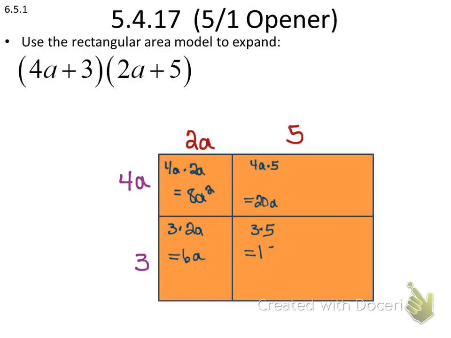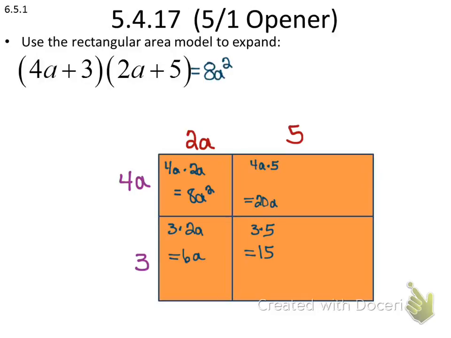Okay, now, so I found the area of each individual section. Now I need to find the total area, so I'm going to have to combine or add them all up. Now, remember, I can only combine like terms. And I always start in my rectangles like I read from left to right. So I'm going to look at 8a squared. Do I have any other a squareds? No. So I'm going to come up to the right of my answer here and put